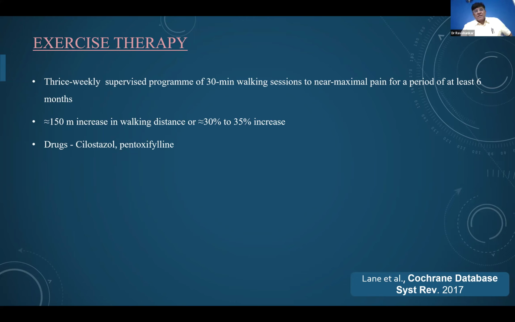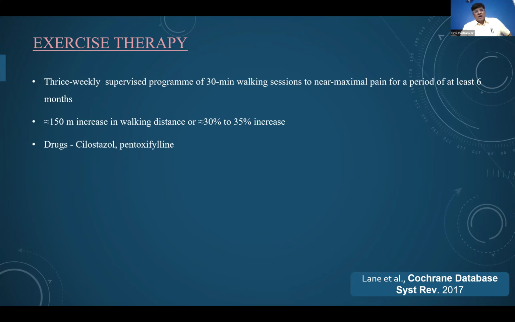You should first identify the distance of claudication. That is not what the patient says. You have to supervise the patient walking for how long he is able to walk and when does he start getting the pain, and then when does the pain become unbearable and he has to stop. Patients do get pain, but they are able to walk through that pain. But then they get to a stage where the pain is so unbearable that they can't continue. So you have to identify both the distances, and then you start them,